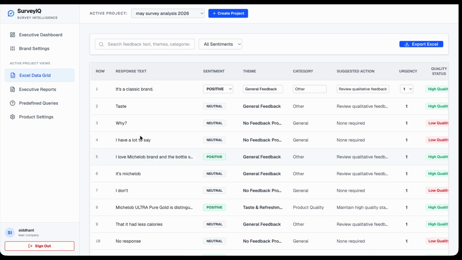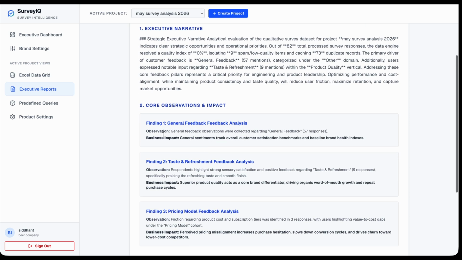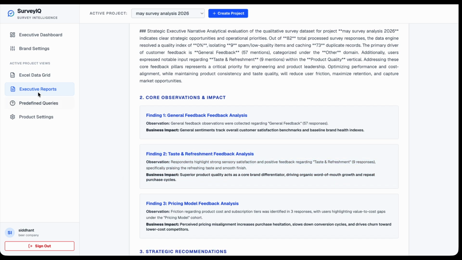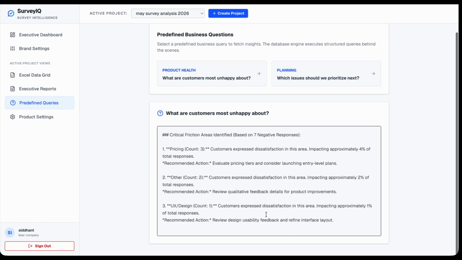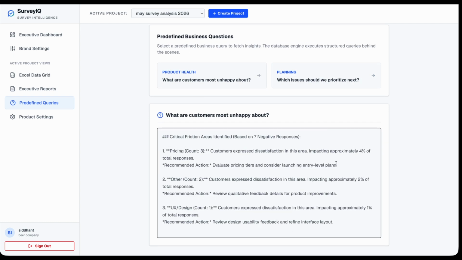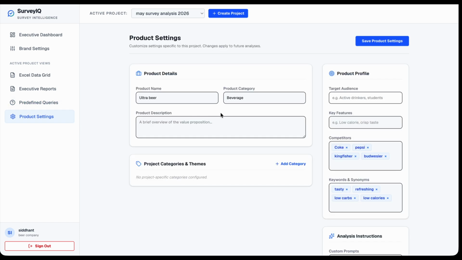Now if you go to executive reports, an executive report also comes up. General feedback is mostly there, and taste and refreshment feedback analysis shows strong satisfaction. Predefined queries are also there, so it will generate some queries that can be answered. Customers are unhappy about pricing and all those things. And then we have the product settings, which we can configure again. So this is the flow of